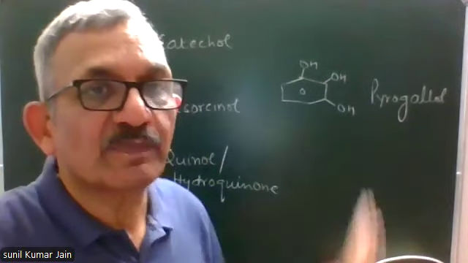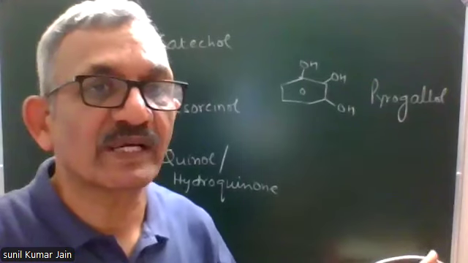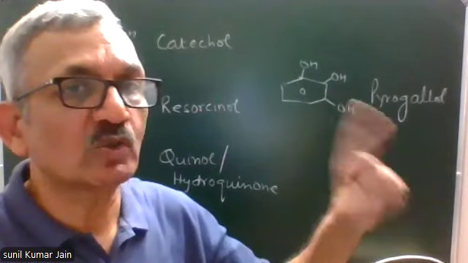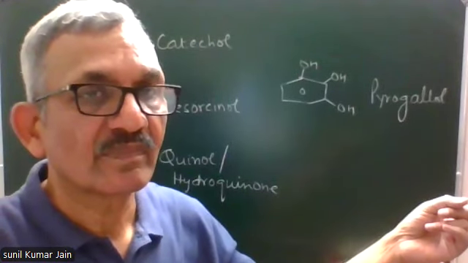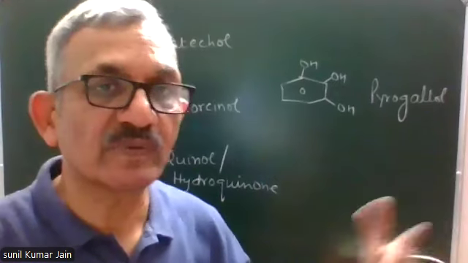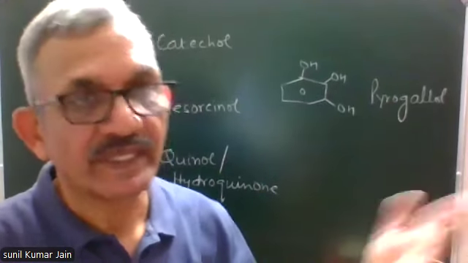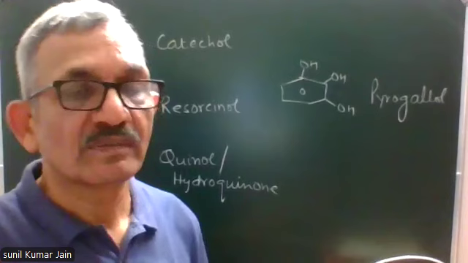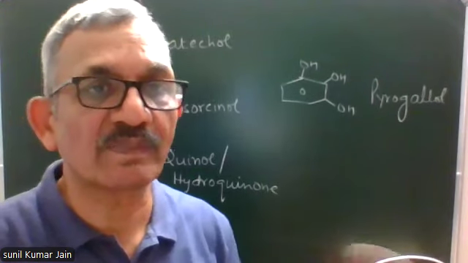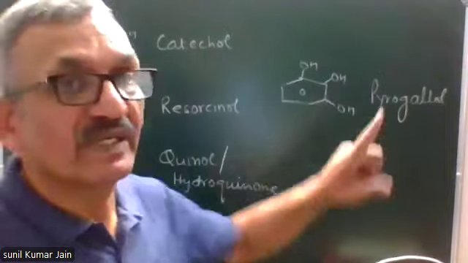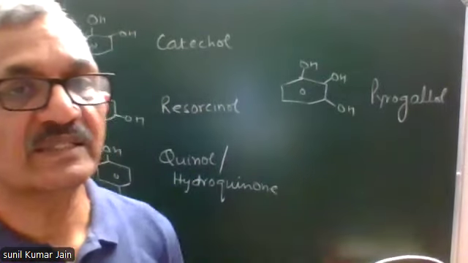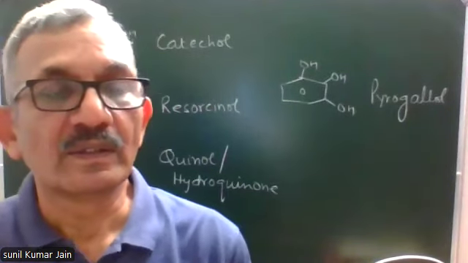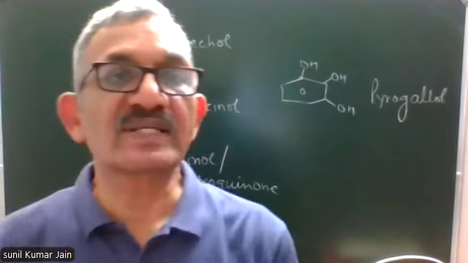Now, if I tell you the IUPAC name of one of them, you'll be able to write the IUPAC names of all 4. First one is benzene 1,2-diol, or you can say 1,2-benzene-diol. It means the remaining are clear. Next, 1,3-benzene-diol. Next, 1,4-benzene-diol or benzene 1,4-diol. And last will be 1,2,3-benzene-triol. That's all for today. Next time we'll start